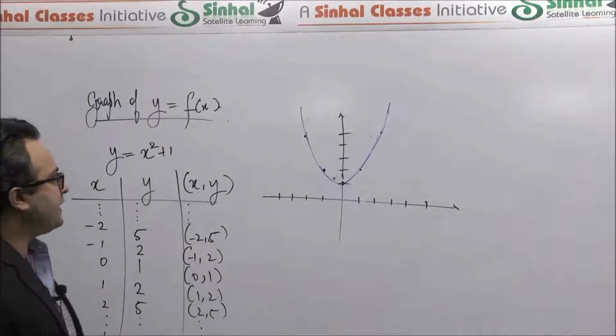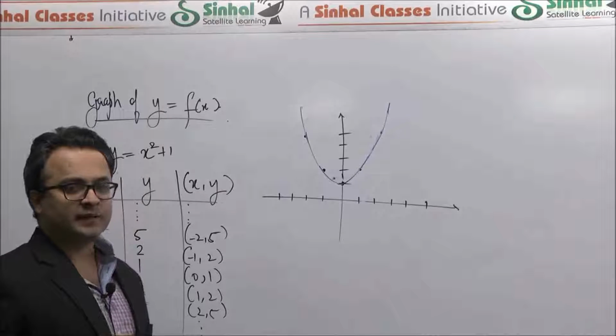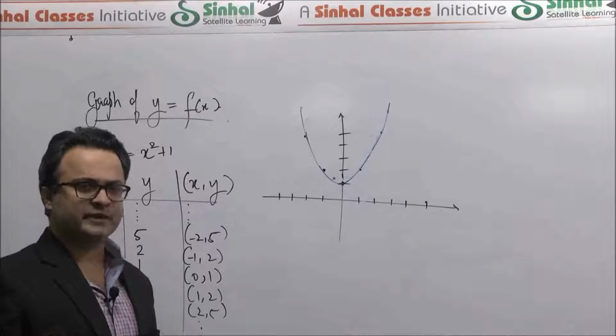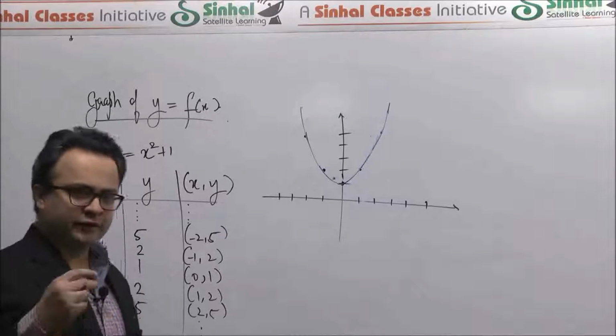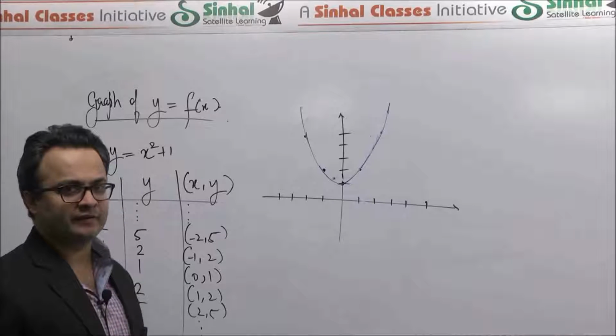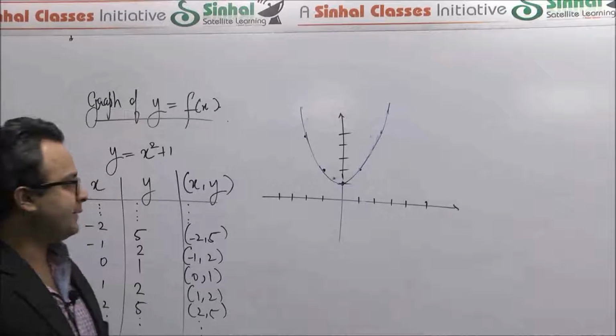Now, in case of a function, we had talked about this, that a basic requirement for a relation between x and y to be a function is, again, assuming that x is the independent variable, that for a certain value of x, you can only have exactly one corresponding value of y. But what that would mean geometrically now is that,